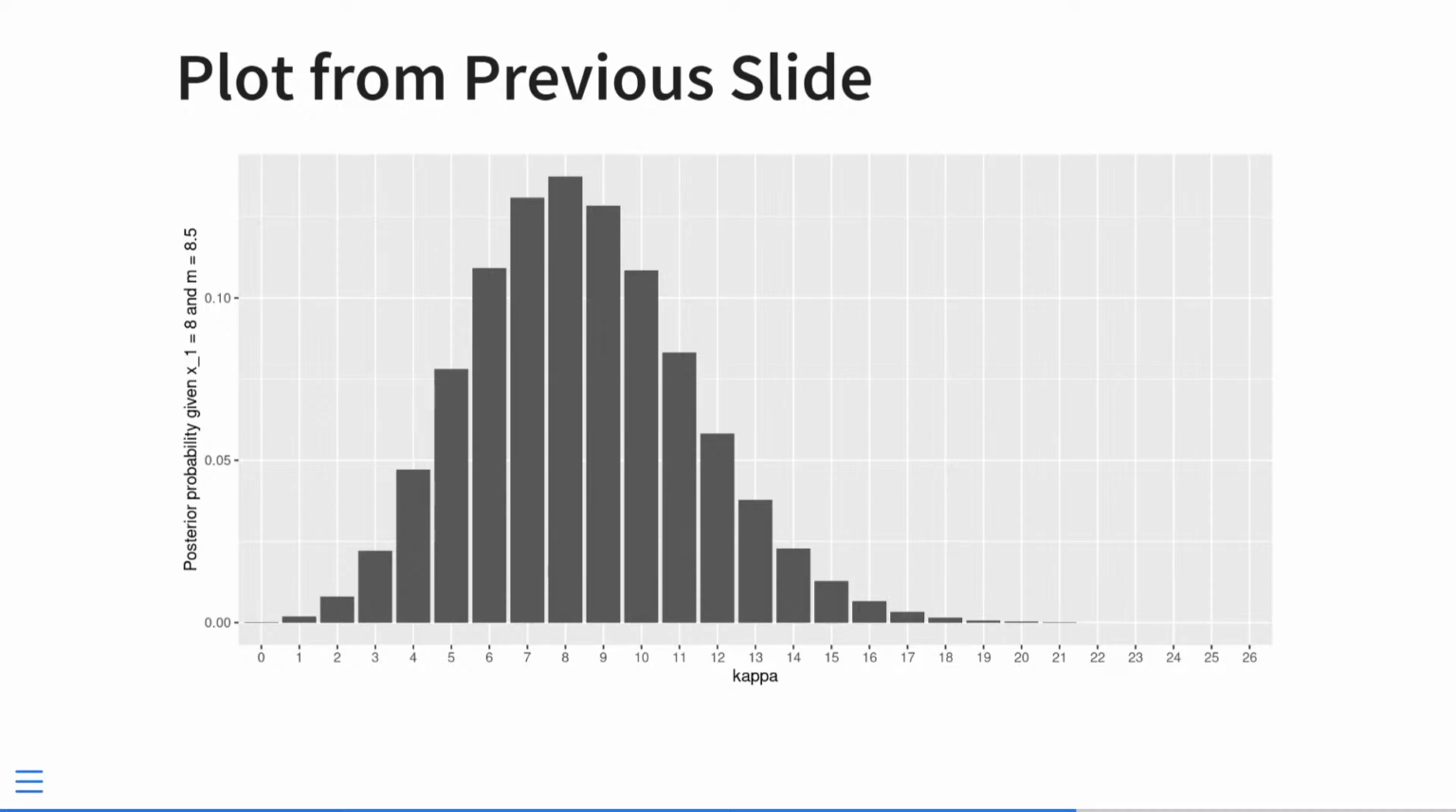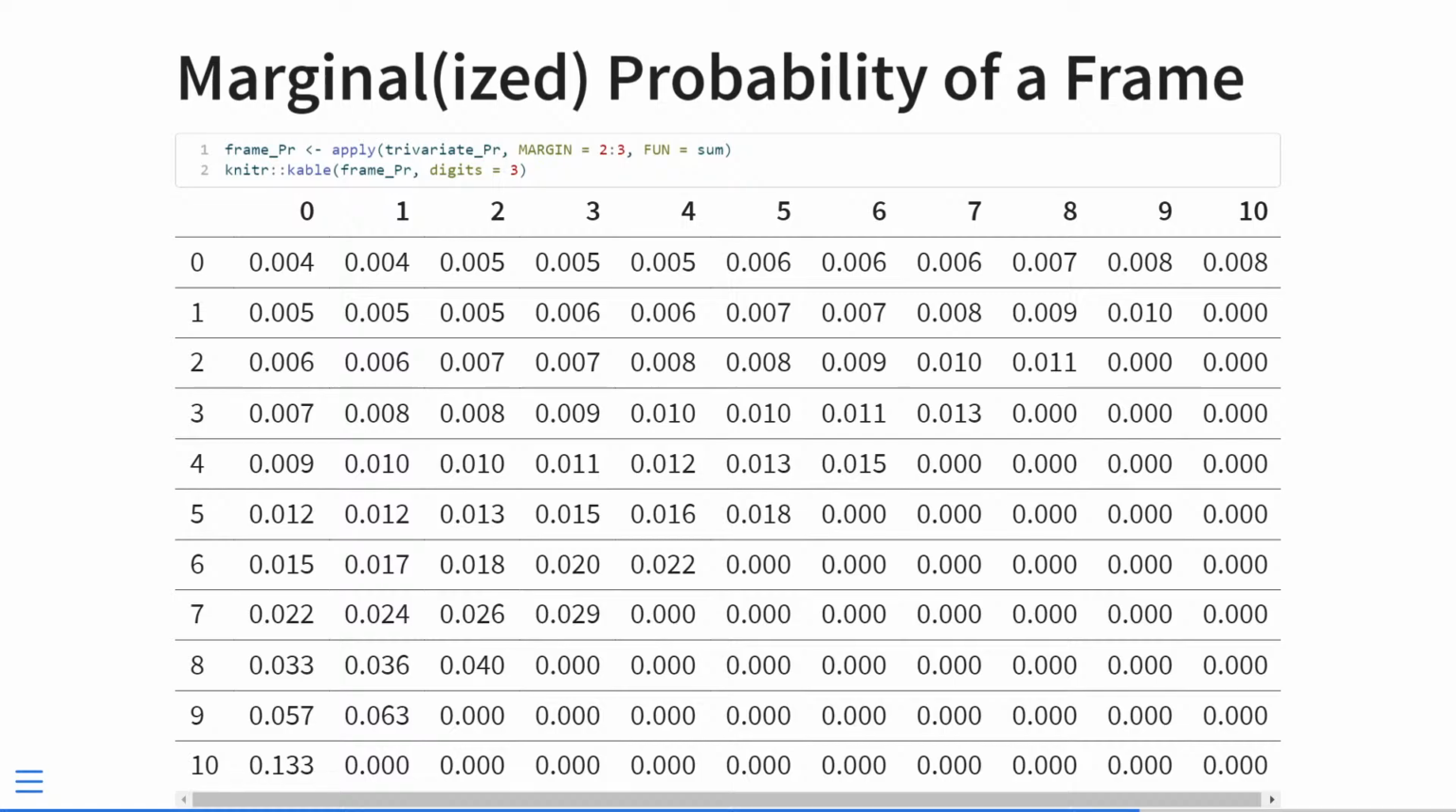Modern way. Ancient way. To do that, we first need to define an 11 by 11 matrix by applying the sum function to trivariate PR, including the second and third margin, summing over the first margin. First margin is kappa. So when we get this, we're left with an 11 by 11 matrix, then marginalized over, out, kappa, and left with these joint probabilities of this or that happening on a frame of bowling, irrespective of